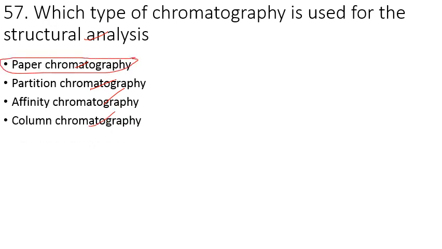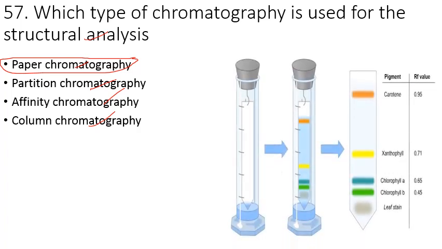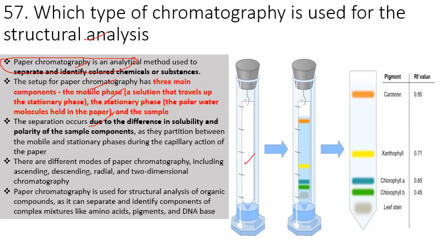This type of chromatography is mostly used to separate colored compounds, and it consists of 3 phases, that is a mobile phase, a stationary phase, and the sample. The separation occurs due to the difference in solubility between the mobile and stationary phase. So it involves a paper strip, and there is separation of different pigments on the basis of their difference in solubility in the mobile and stationary phase. So this paper chromatography is an analytical method